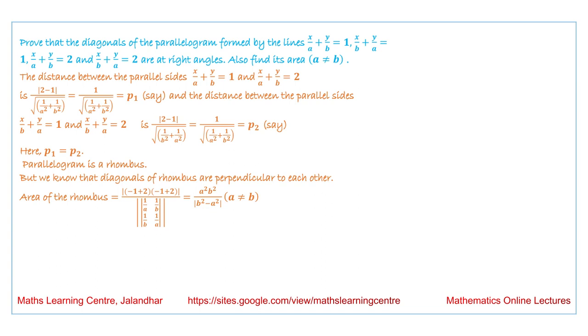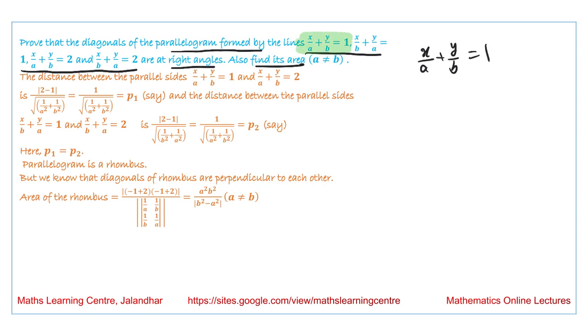First is, prove that the diagonals of a parallelogram formed by the lines, these four lines given, are at right angle, and also find its area. So we are talking about the distance between the parallel sides. The first we are considering is x over a plus y over b is equal to 1. This side will be parallel to x over a plus y over b is equal to 2. And the distance between these two